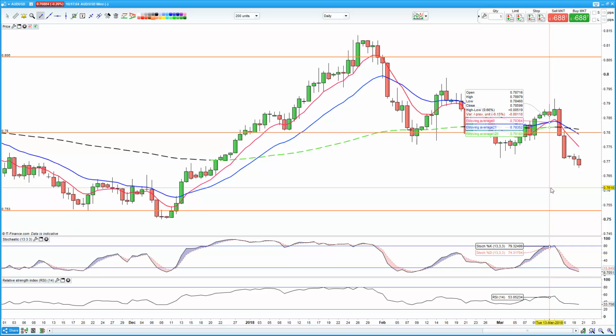So currently the dot plots suggest another 3 rate hikes over the next 12 months. If they change that language and they change that outlook, and that's really the conversation tonight, the big moving part is whether they change that outlook from 3 to 4. So whether they anticipate that the health of the US economy is strong enough such that they will need to raise rates faster than they have